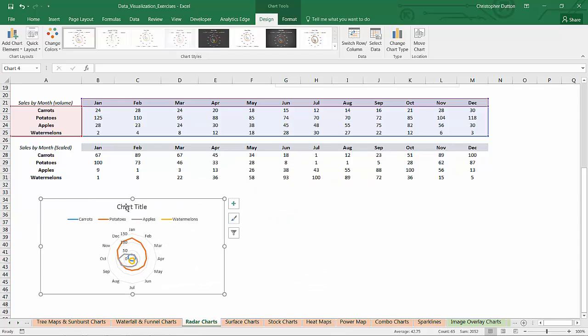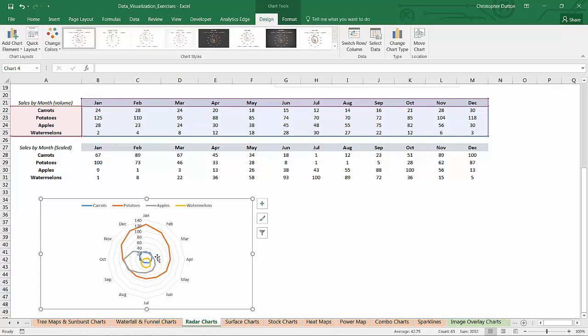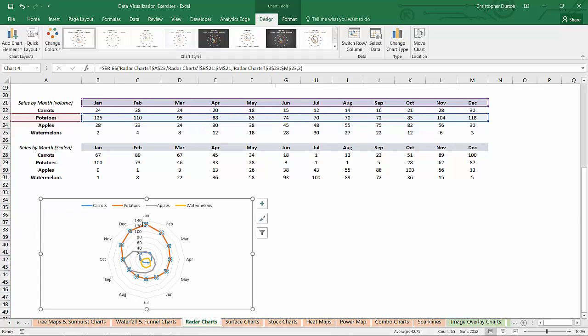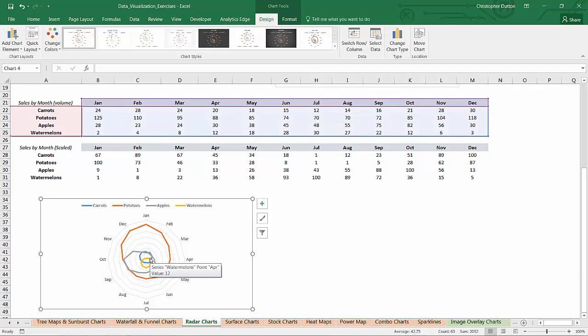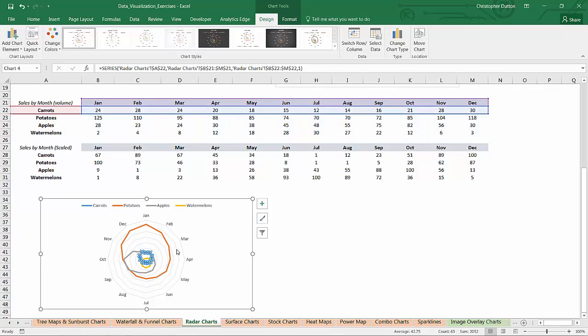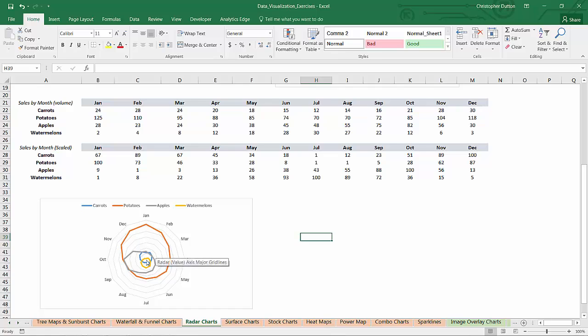I'll just drag it down here. Let's get rid of the title. As you can see, it's a little bit tough to read because with potatoes there's so much higher volume in terms of sales that they tend to just drown everything else out. So it's really tough to tell what's going on down here with watermelons and carrots because the volumes are just so small. So what I've done here is essentially convert this volume data set into a 0 to 100 scaled